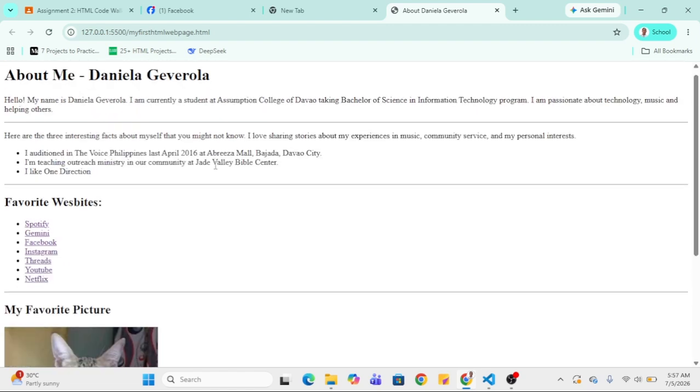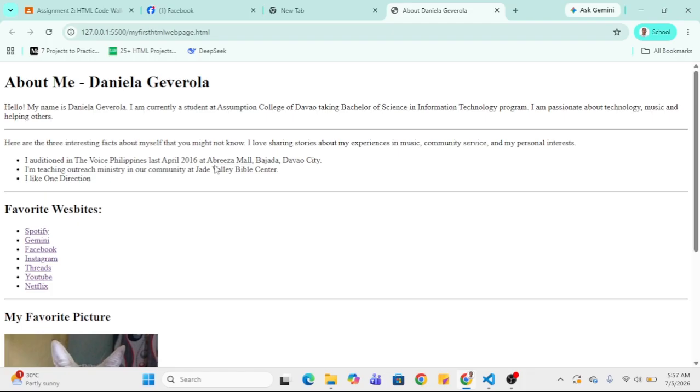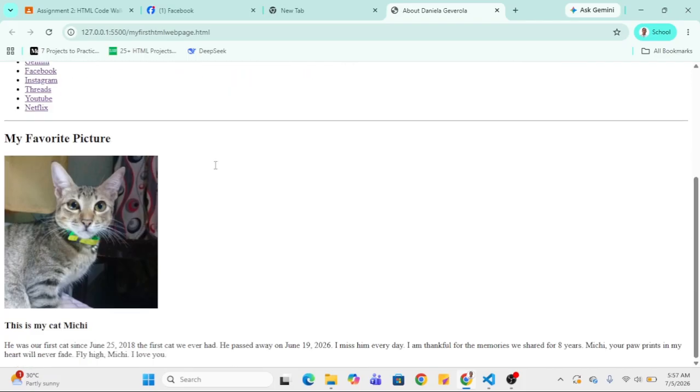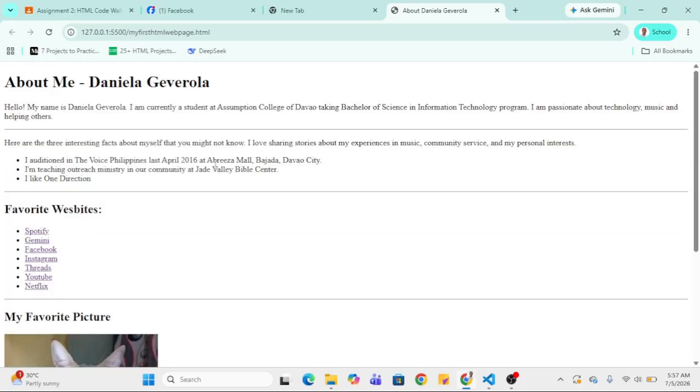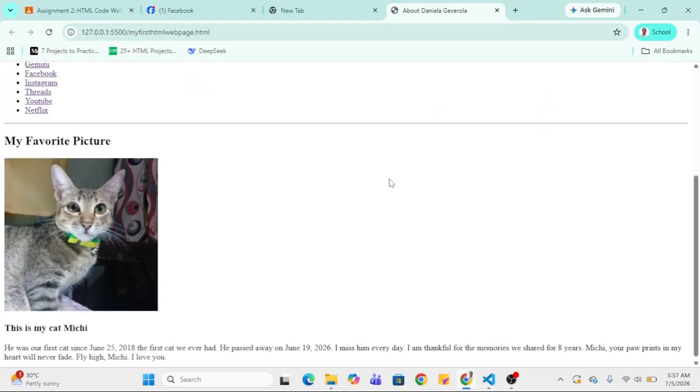So I can personalize it with CSS, and if I were to improve this, I will make it responsive for mobile devices, so that it will fit on mobile devices.